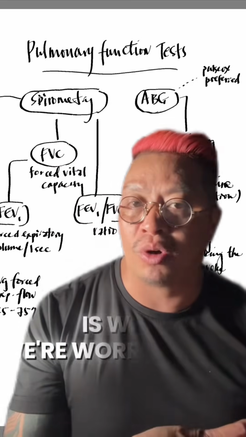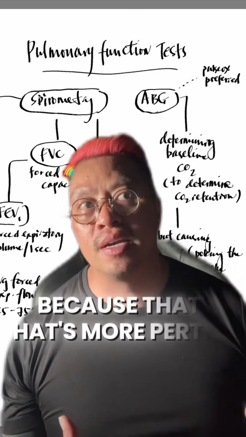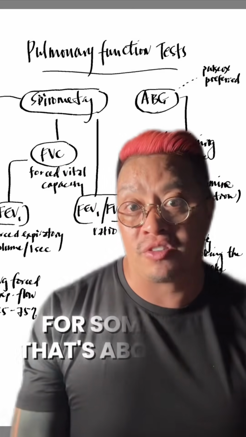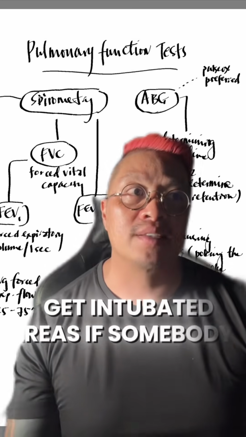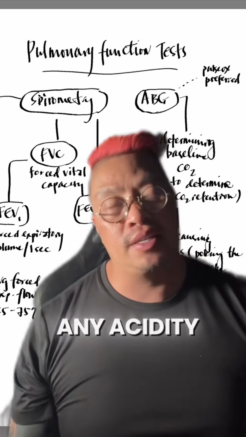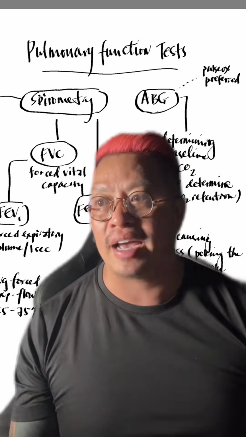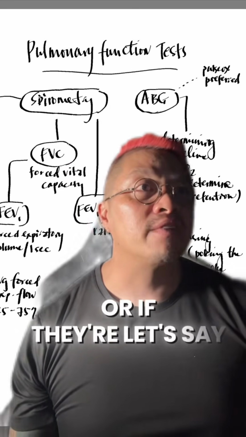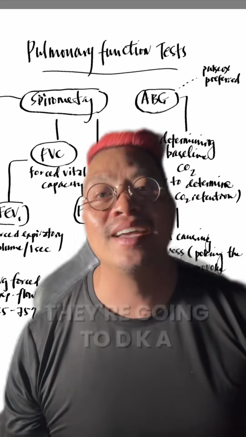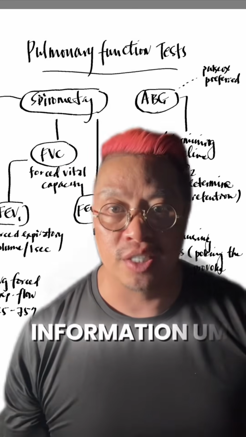The respiratory part is what we're worried about because that's what's more pertinent for somebody that's about to get intubated. Whereas if somebody has any acidity, which is metabolic, either somebody's puking or, let's say, they're going into DKA, that also gives us some information from